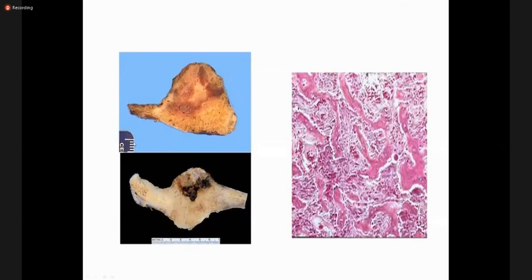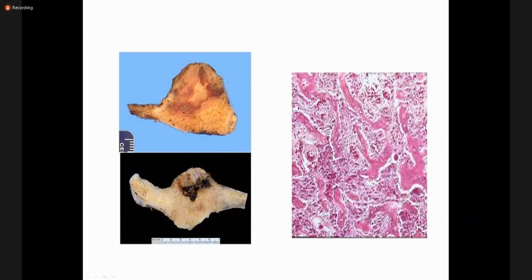So here we see the picture of the osteoblastoma. You see the fairly demarcated lesion and a little bit of brownish discoloration of the tumor because of the hemorrhages. Again, another picture. You can demarcate the tumor from the rest of the bone. Here you see a sharp demarcation between the tumor. This one is the tumor, and this is the rest of the normal bone.